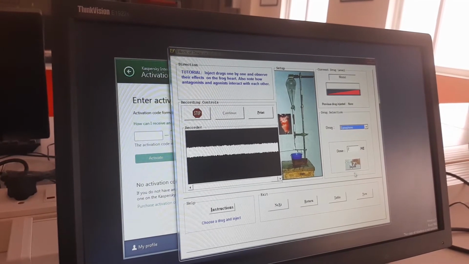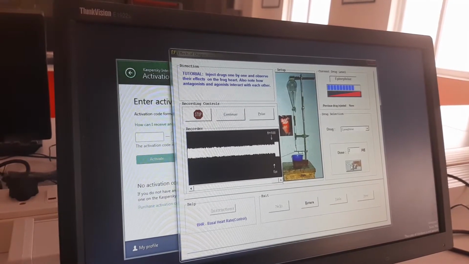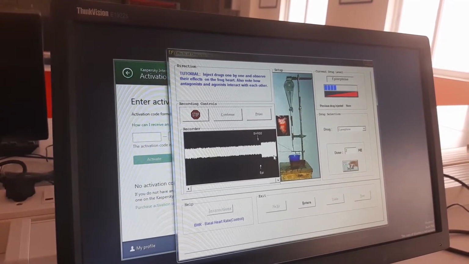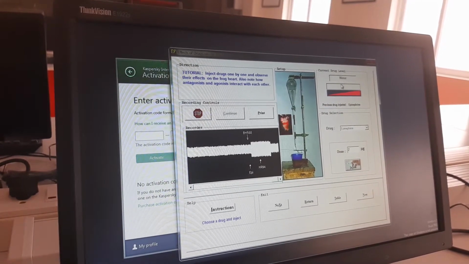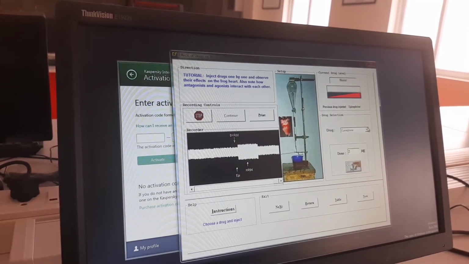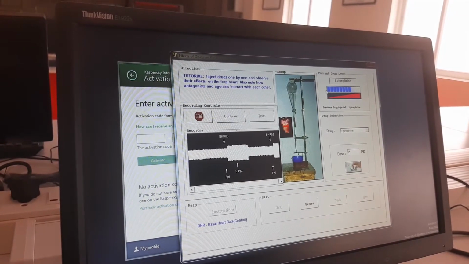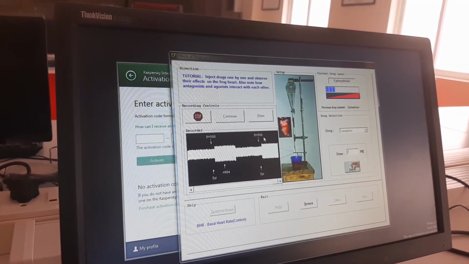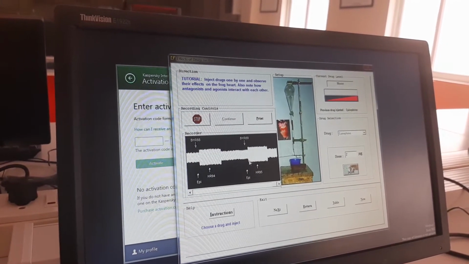So I am going to inject epinephrine 2 microgram. This is already fixed, so no need to change. You can observe how the heart is beating here. That means there is increased heart rate and increased amplitude, but no change with the tone. Whenever you inject the drug, you can make out how long the drug is acting; till that time this box will be there. You can observe the heart rate increased from 88 to 94, and 89 to 95, and there is increased amplitude and no change with the tone.